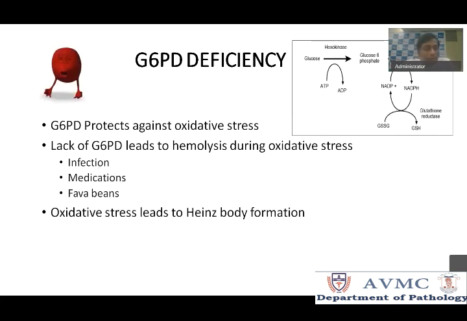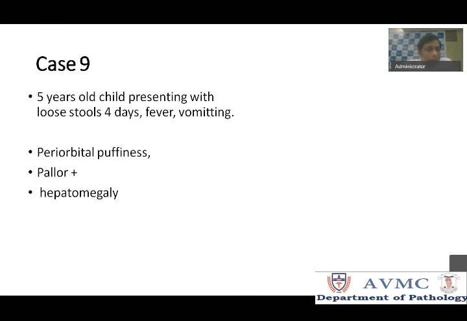So I repeat the peripheral smear findings of G6PD deficiency, which are classic. It will have bite cells, blister cells, and Heinz bodies. Heinz bodies are formed because of globin chain precipitation because of oxidative stress. To confirm the diagnosis, you need to do G6PD levels in the blood. You should not do G6PD levels during an acute episode. When the patient is having severe hemolysis, don't do G6PD. At that time, it may be normal. You need to do it when the episode is off. That is something I just want to say to clinicians and seniors.